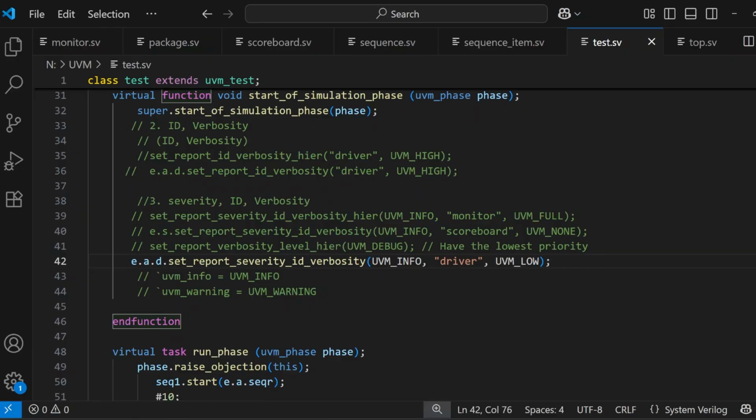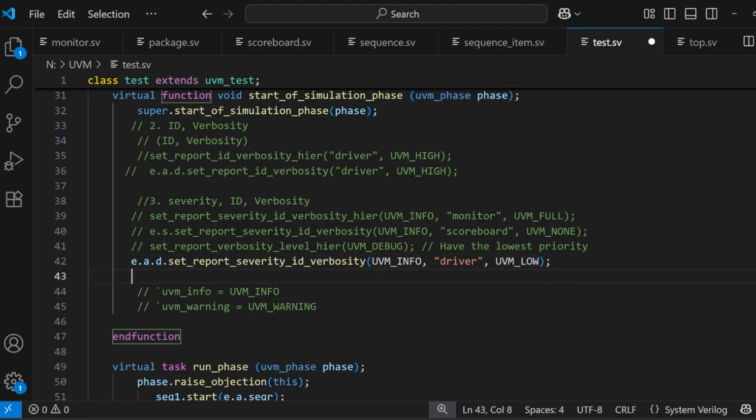But in parallel, we will also be using the command line argument, which will be used during the runtime, and we will be using it to make the entire threshold UVM high. So will this take effect? When this takes effect, the UVM info macro inside the driver will not get printed, of course. And if the one in the command line,